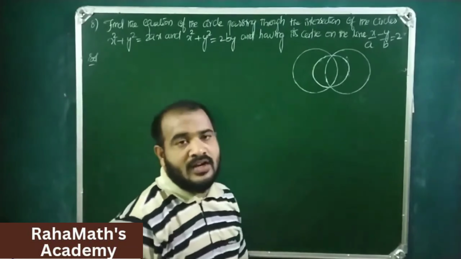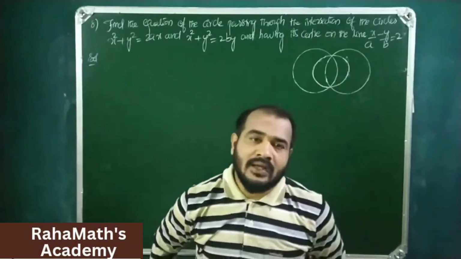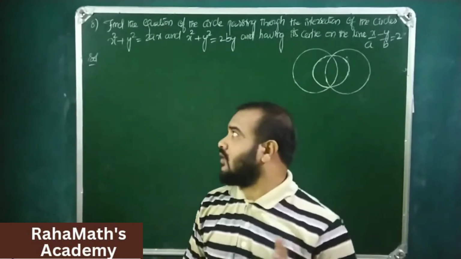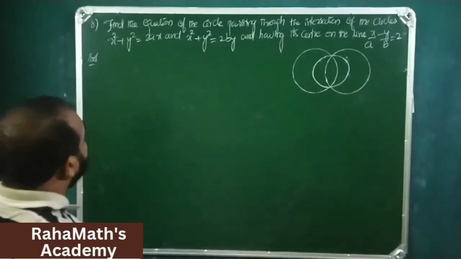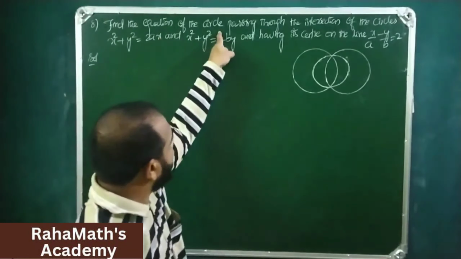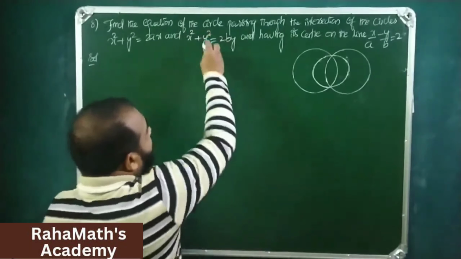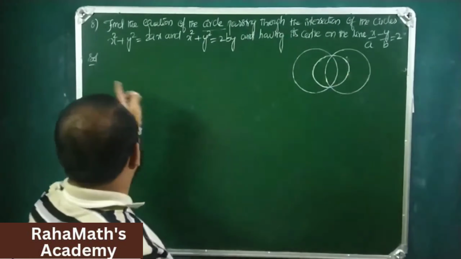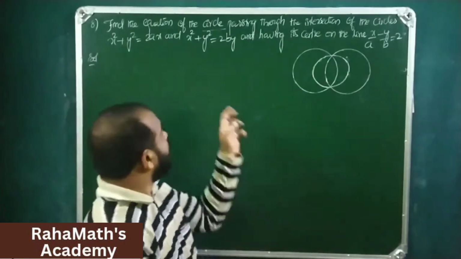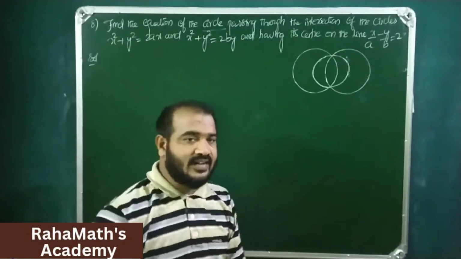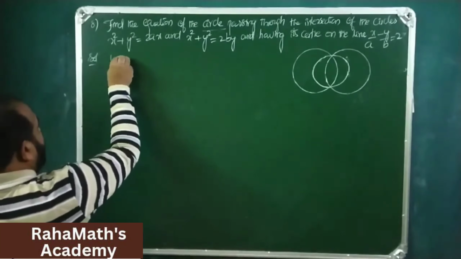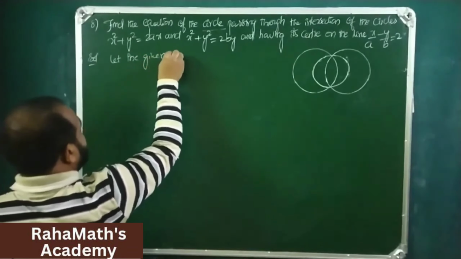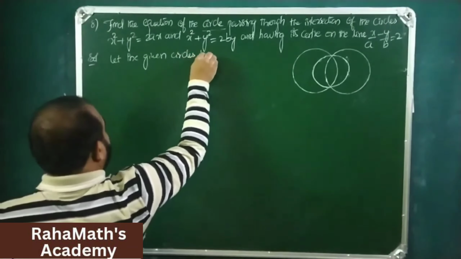So let us wind up this video by this last problem of exercise 2a. So the problem goes like this. Find the equation of the circle. We want a circle equation. This circle is passing through the intersection of the circles. That means the two given circles are intersecting circles. So let the given circles be